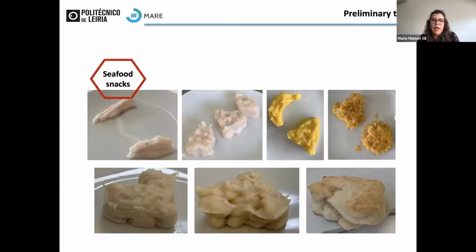I can show you some preliminary results. This is the seafood snacks. We are just trying to see if we can use seafood as a printable material, and you can see difference on the shapes. We started with more difficulties, and the snack changed the shape along during the time. But then you can see that we are increasing the knowledge, and the shapes are getting a little bit better